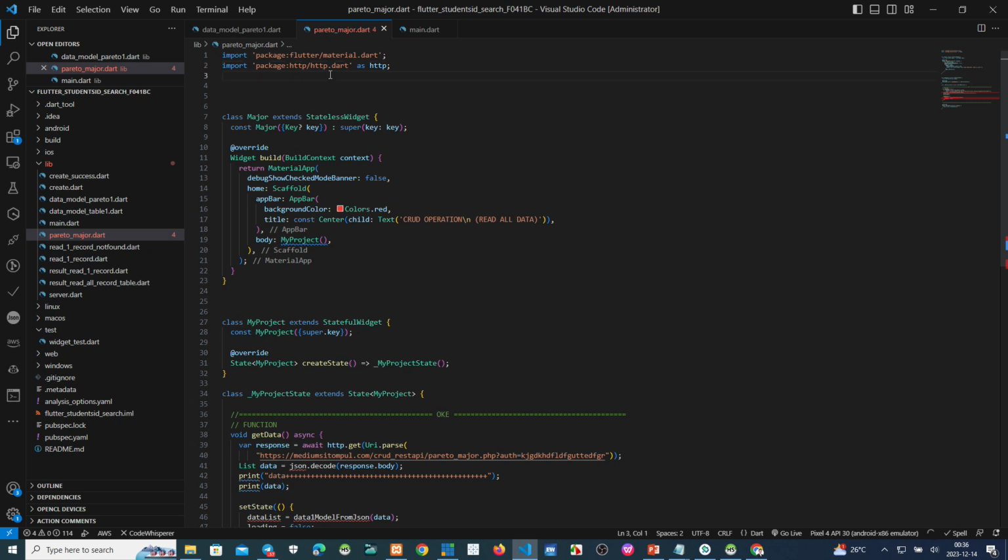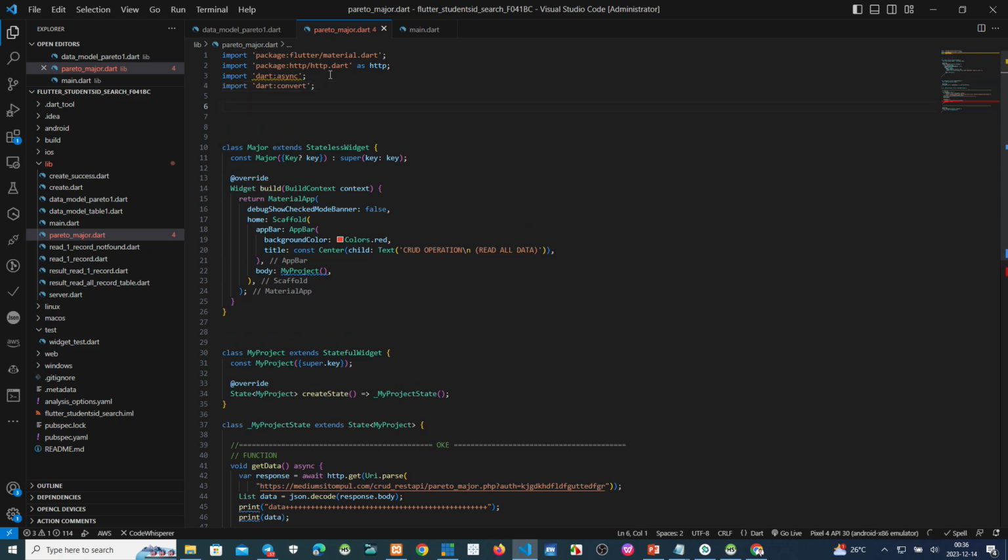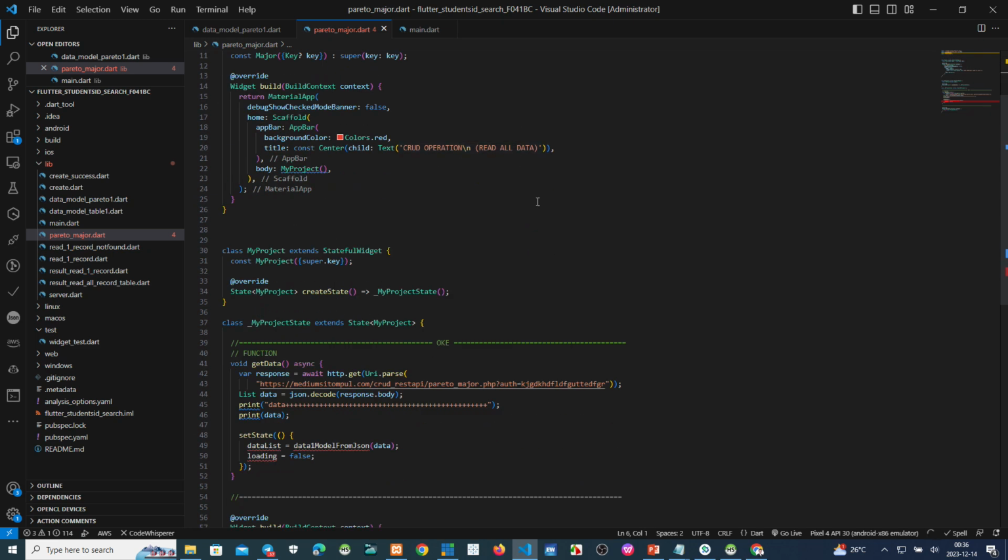After that, we must also import the asynchronous library and then import convert here.